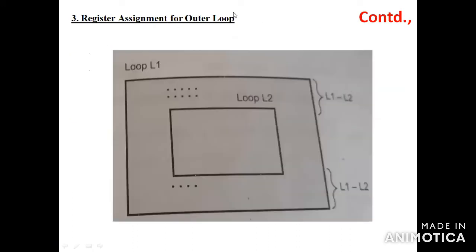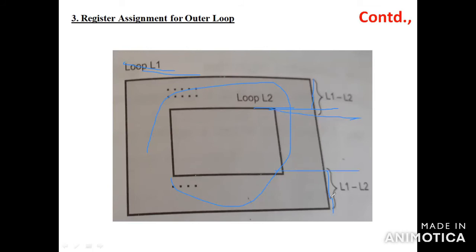So this is a diagram. How to check for this diagram? So we have two loops, L1, L2. L1 is the outer loop. L2 is the inner loop, because this is inside the blocks. This is outside of the block. So the allocation of variables is to be done for some registers. For example, L2 is the inner loop, L1 is the outer loop. So on that side, we are only using L1, L2. Here only L1, L2. This is fully indicating L1.